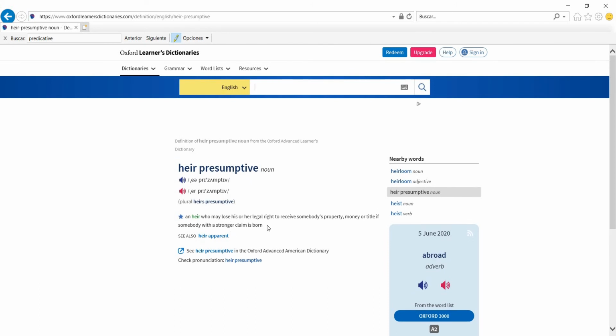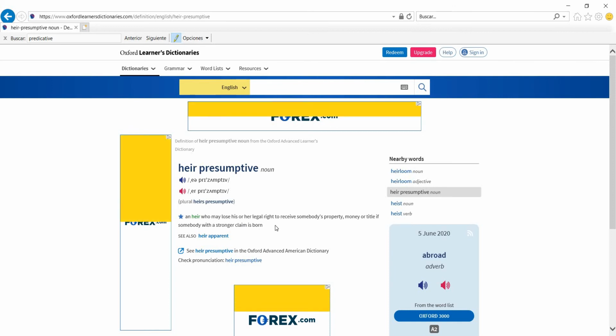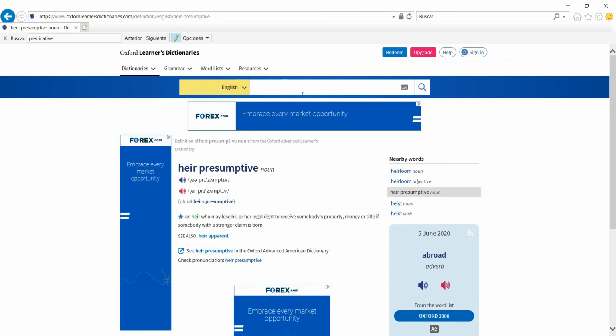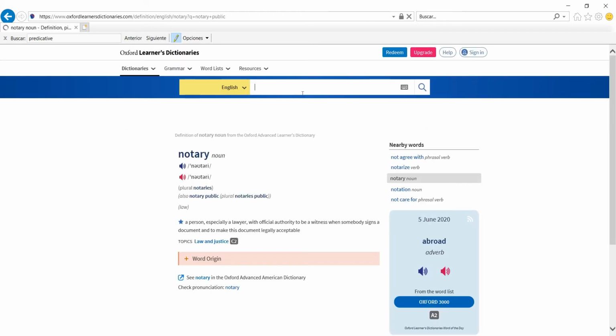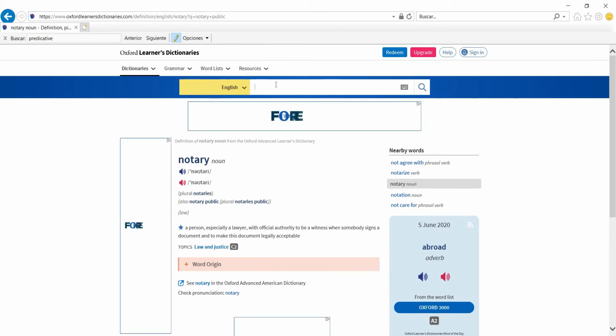Which is the heir who may lose his or her right if somebody with a stronger claim is born, then they lose their chance. Okay, so that was heir presumptive, heir apparent, notary public. Right, notary public, and also